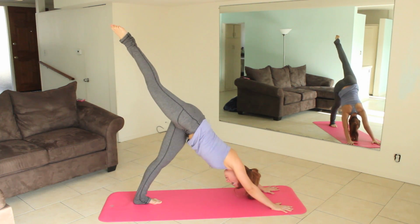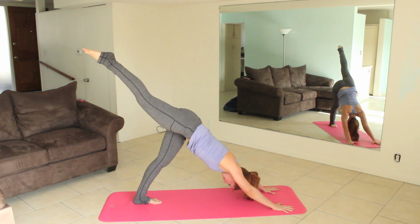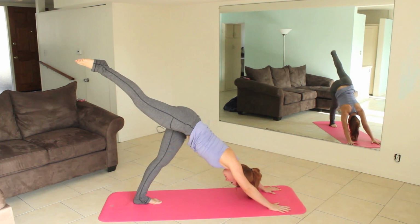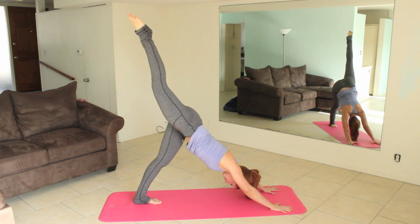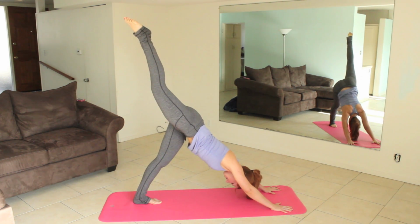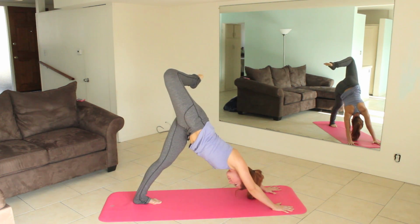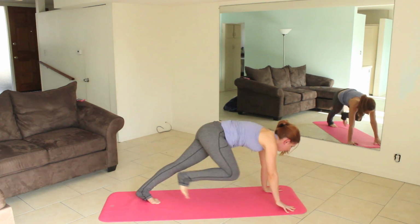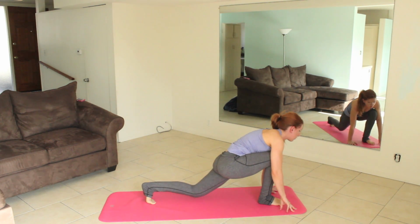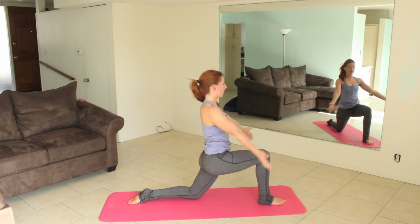Again, keeping those hips level. I'm not splaying my hips open and keeping them nice and square. Trying to lift that right leg as high as I can. And then bending the knee, and you can start to open the hip. Good. And exhaling, bringing that right foot top of the mat, gently placing the left knee down, coming up, Kali